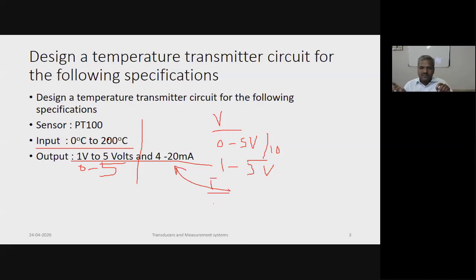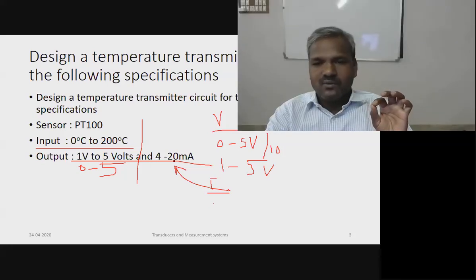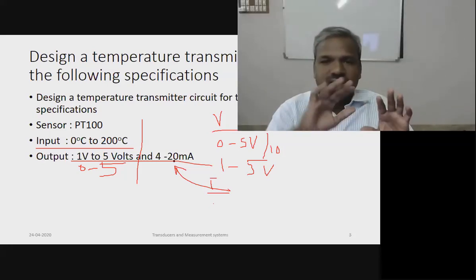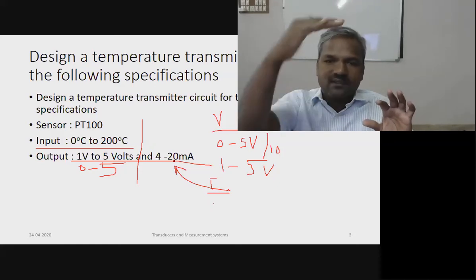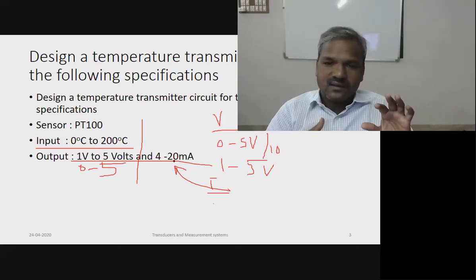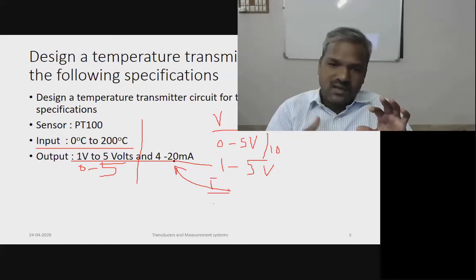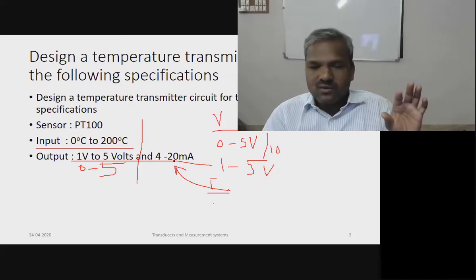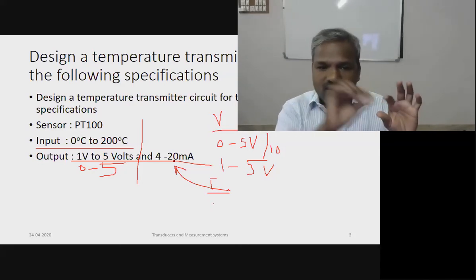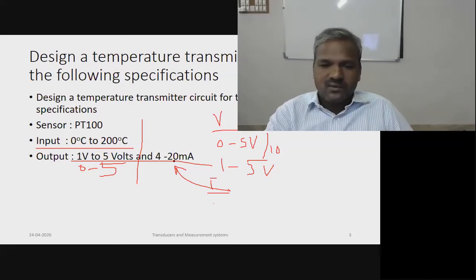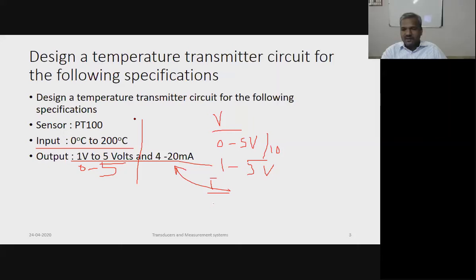Okay, because you know in a series circuit current is constant, but in a parallel circuit current is variable. In a parallel circuit each branch resistance has different currents, different voltage also. In a series circuit the voltage is varying from one place to another place. Okay, so the standard current signal is 4 to 20 milliamp.